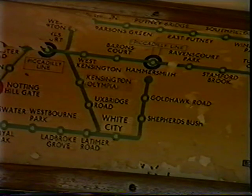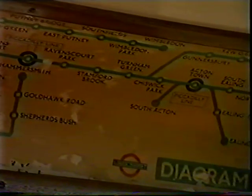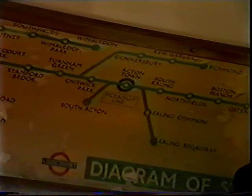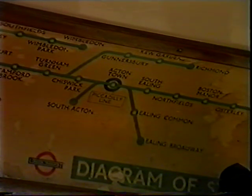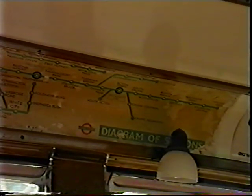Looking around the vehicle, we've got some lovely bits of design. We also have a route map showing the District line as it was back in 1935 when this vehicle was constructed. Details on the map show the old Middle Circle route out from Olympia round to Latimer Road, and also the South Acton branch out from Acton Town. A lovely piece of discovery, discovered when the paint was stripped down and the old route diagrams were taken off